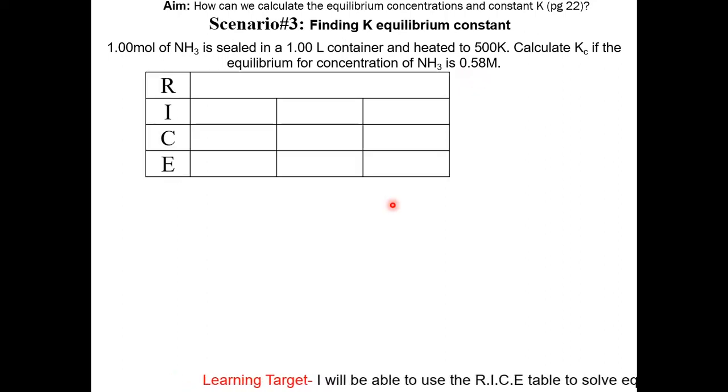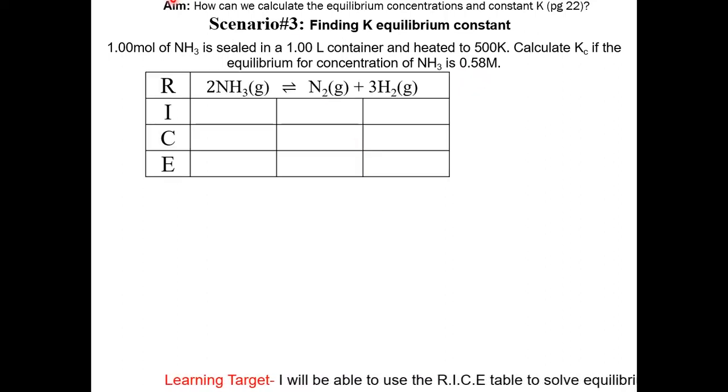Let's look at this question. You have 1 mole of NH3 that is sealed in a 1 liter container and is heated to 500 K. Calculate the K constant if the equilibrium concentration of NH3 is 0.58 molar. The first step is to set up the rice table. Since we have 1 mole of NH3 in a 1 liter container, the concentration of NH3 will be 1 over 1,